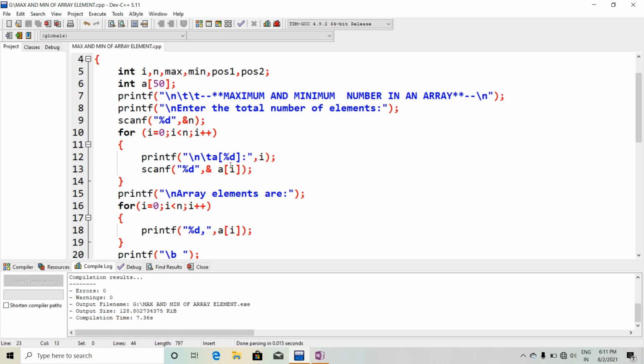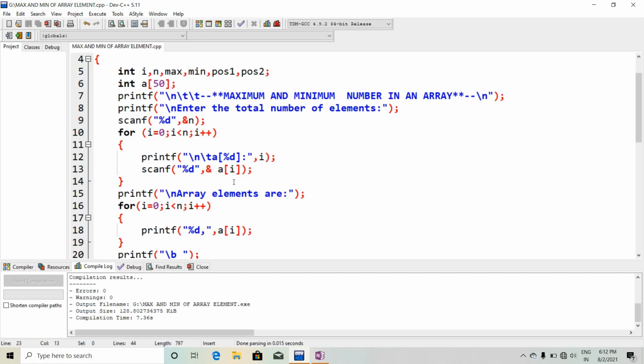So it will print a of i. That means when i equal to 0, it will print a of 0. Then the cursor will blink for the array element that will be taken by the user. And it will continue up to n minus 1, that is less than n.